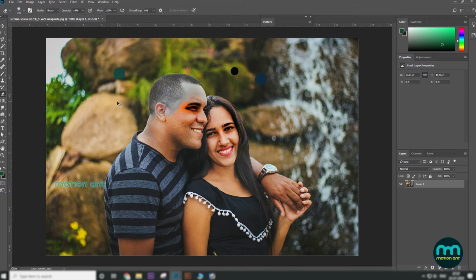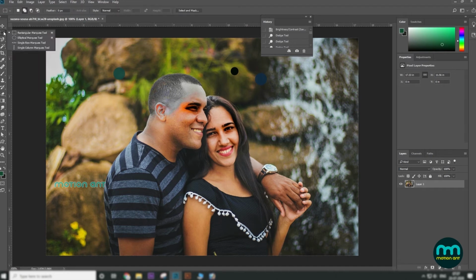If you make any mistakes, use Ctrl Z to undo. You can also use the history window to undo and check your previous actions in order. Very important are the selection tools. Use them to select a limited portion of your objects in order to apply all your modifications just within it.